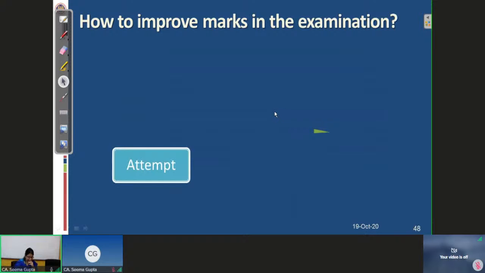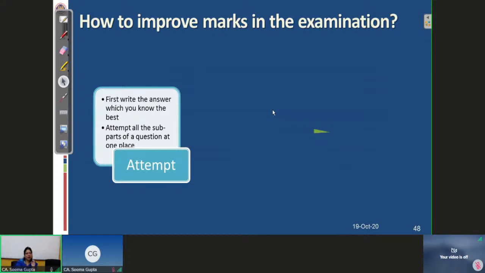How to improve marks in the examination? Majority of the students have asked us this query. How to improve marks? First of all, you see this because this is very important from the examination point of view, and this should be of more interest to you because this is something which gives a stimulus. Like even after studying so hard, even after preparing for the paper so hard, we are not able to score good marks in the examination. What actually we are supposed to do? Where we are lacking? What is a negative point, or where we missed every time?